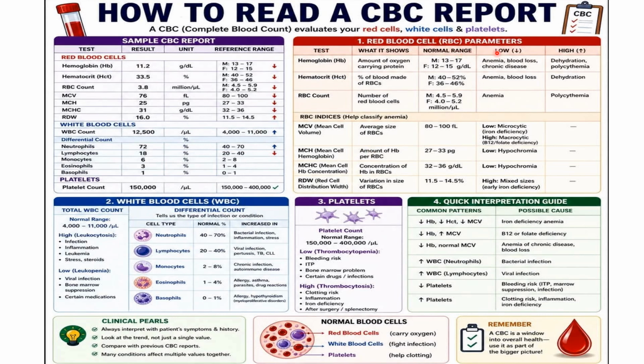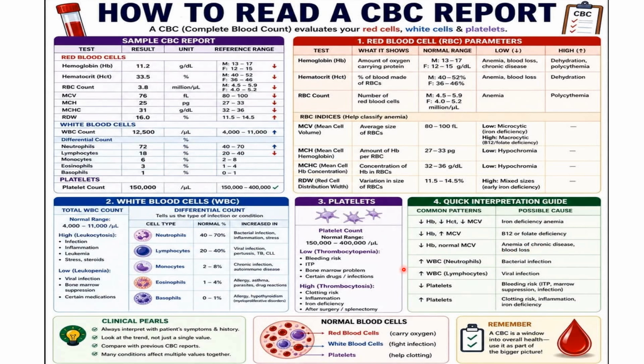That is the red blood cell parameters, then white blood cell count as well as the differential count, then platelets. So now we'll see a quick interpretation guide. So here you can see the common patterns and the possible cause. If there is a decrease in hemoglobin, decrease in hematocrit and decrease in MCV, the possible cause may be iron deficiency anemia. And if there is a decrease in hemoglobin and increase in MCV, the possible cause may be B12 or folate deficiency anemia. Then decrease in hemoglobin and normal MCV, it may be of anemia of chronic disease or